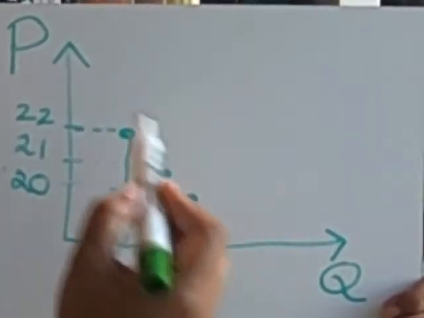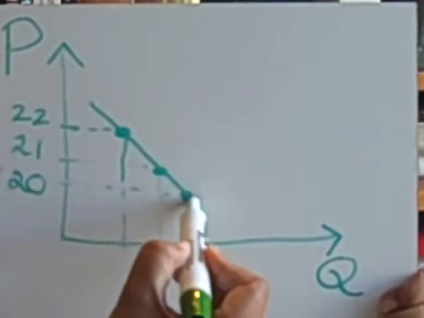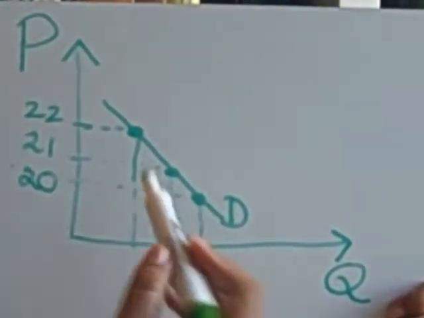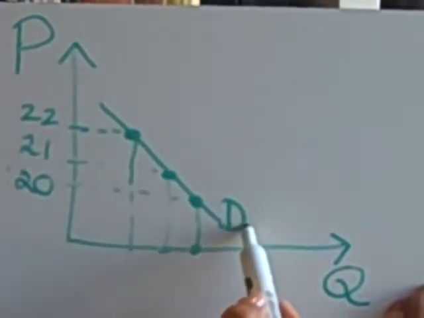So right now I have generated these 3 points, and then when I join them I get the demand curve. However, this demand curve, let me call it D1,